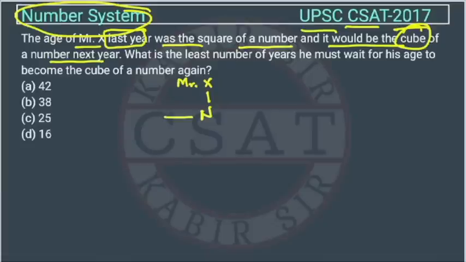Last year his age would be n minus 1, and this was the square of some number. Next year his age will be n plus 1, and this n plus 1 will be the cube of some number,